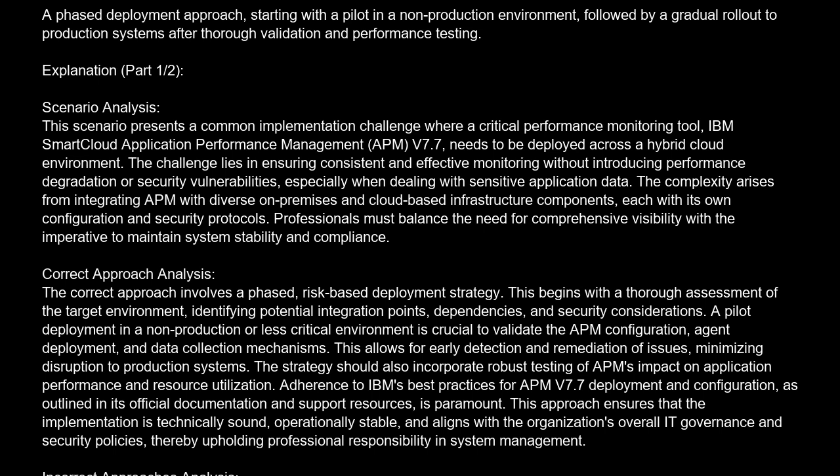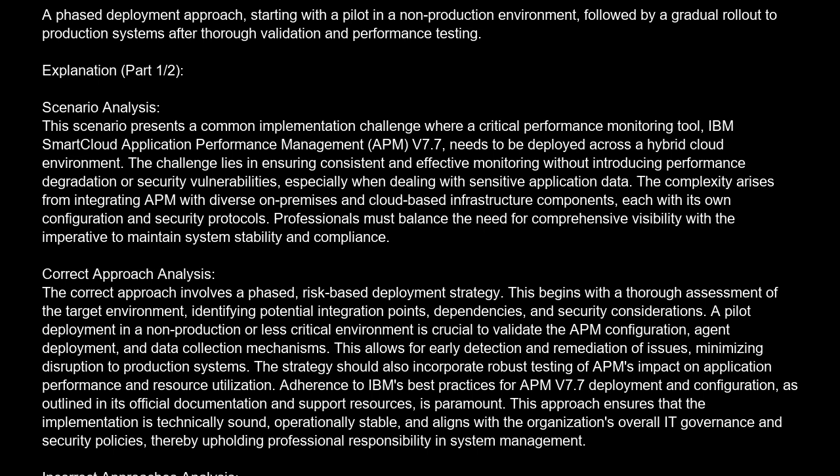The complexity arises from integrating APM with diverse on-premises and cloud-based infrastructure components, each with its own configuration and security protocols. Professionals must balance the need for comprehensive visibility with the imperative to maintain system stability and